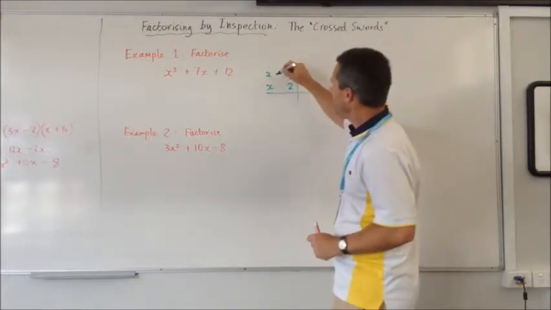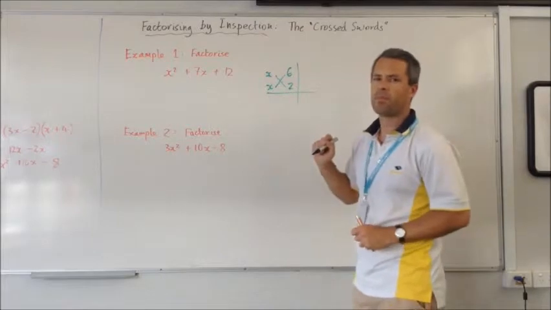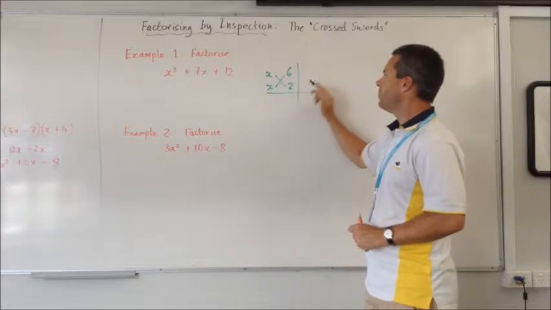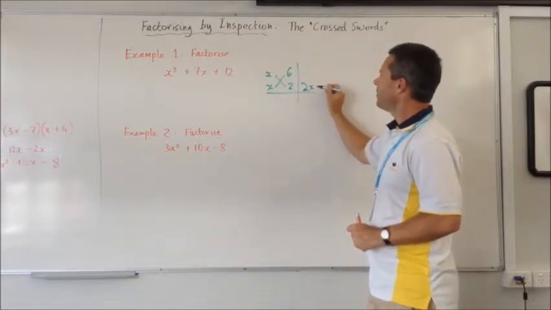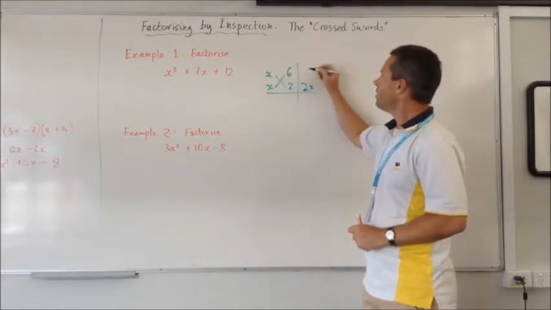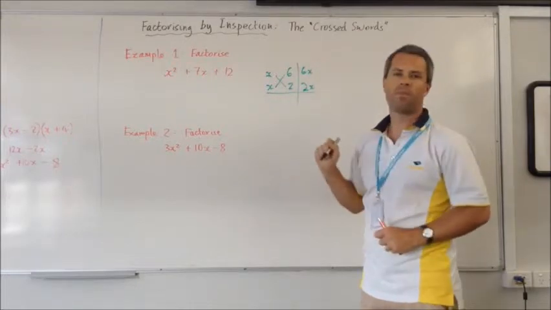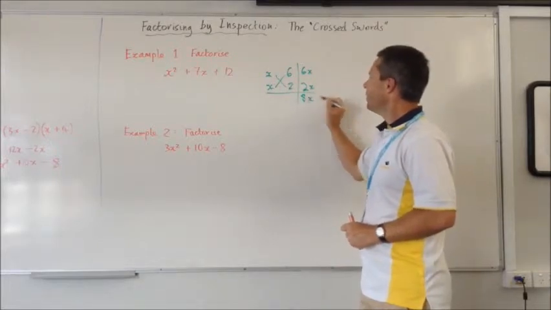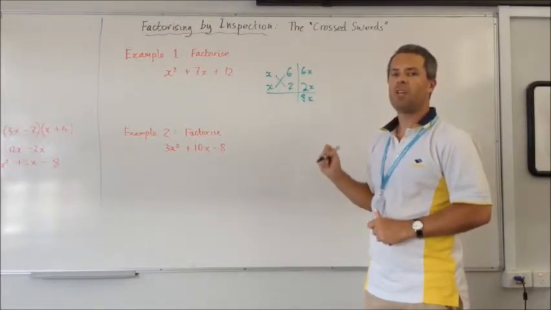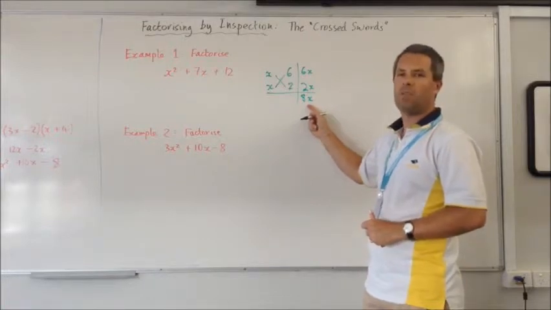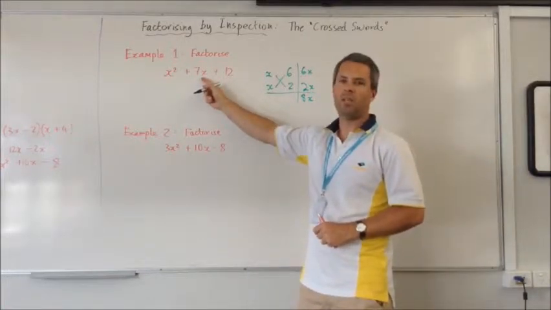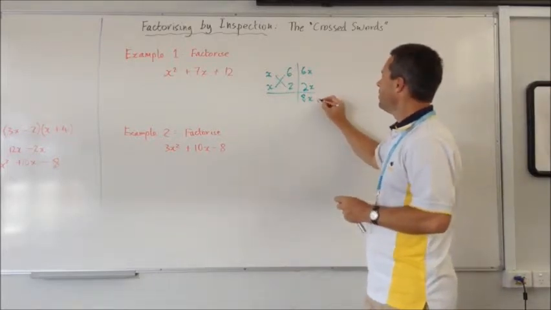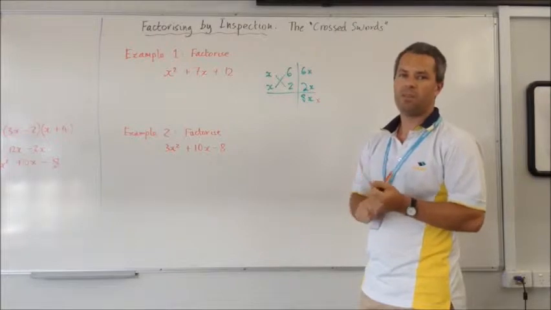Then we set it up with what's called the crossed swords, like this. And we're going to multiply along each of those. So x times 2 gives 2x, and x times 6 gives 6x. And then you add these two together, which gives 8x. And what you're trying to do is to get this number to be the same as this number here. You can obviously see that this particular one didn't work, so we're going to need to try a different combination